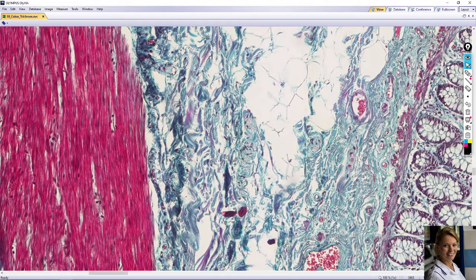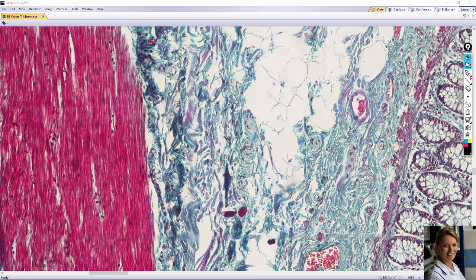For example, here are nerve fibers, also here. So this is mucosa and submucosa, and we will continue with the smooth muscle layer in